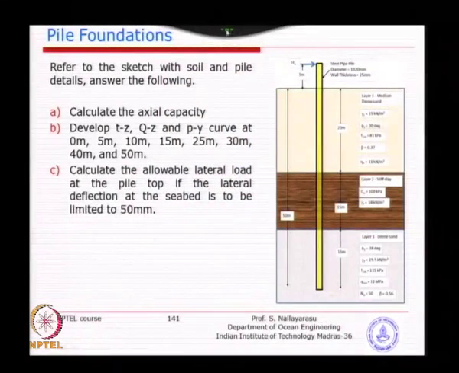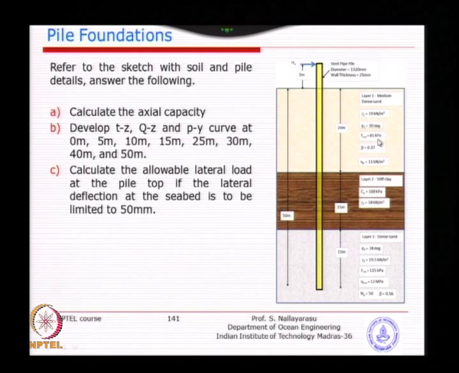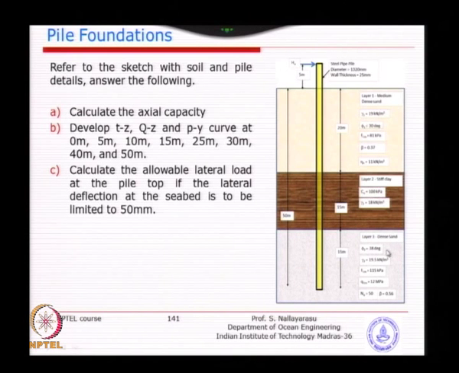So, this example is basically a 3 layered soil. We have sand, dense sand, and a stiff clay, and again dense sand. Now, you should also learn how to compute when you have a multi layered soil. All these equations that we saw just now, either for clay or for sand, are for a single layer soil. So, we should know how to take into effect the weight of soil above.